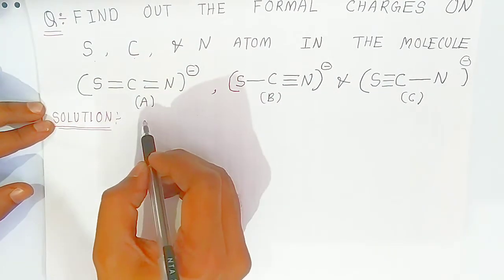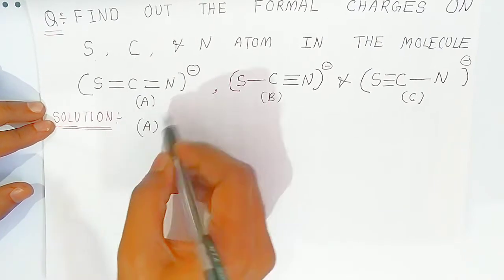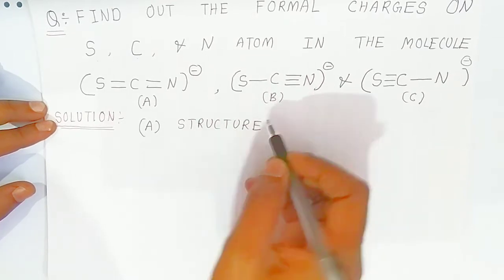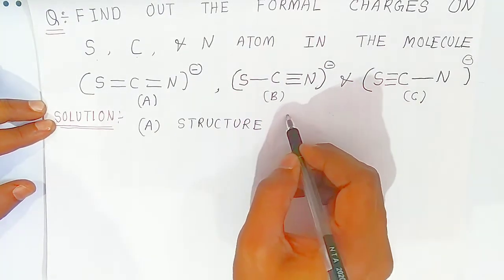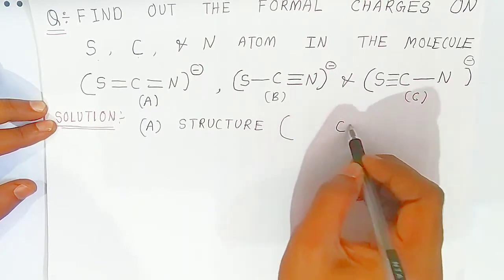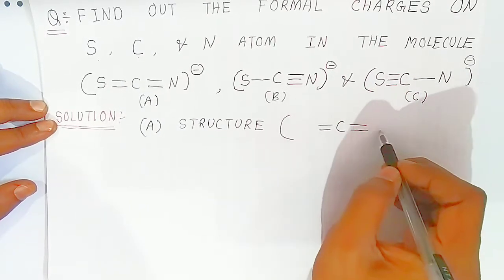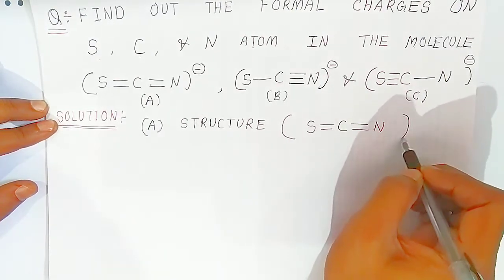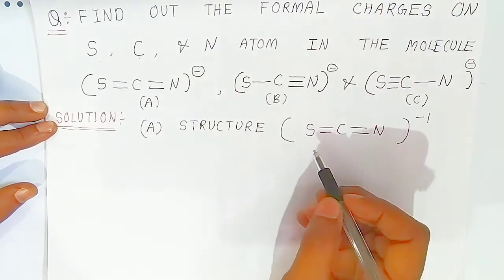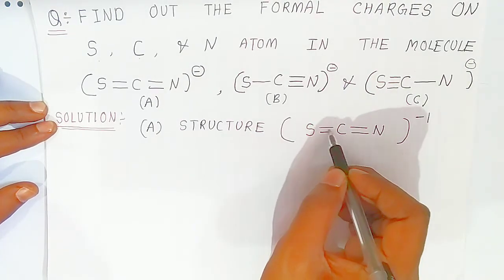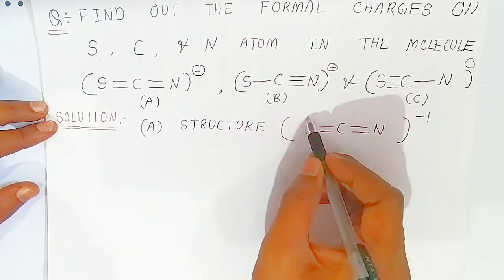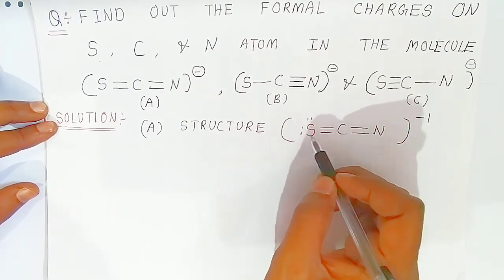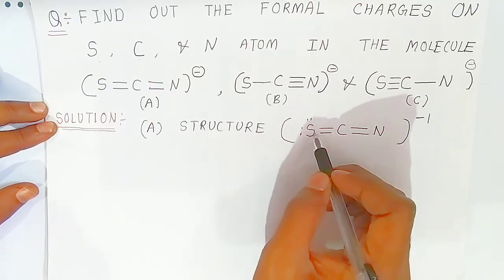So students, first we will consider A structure. We are taking structure A. Thiocyanide students, here carbon will be the central atom. Carbon has 4 valency and here the nitrogen and here it is sulfur. Now students, with the help of Lewis dot structure we are going to fill the electrons. Now here students, sulfur is having 4 bonding electrons. Now remaining non-bonding 2 electrons we have to show like this in the Lewis structure. So octet of the sulfur is completed.